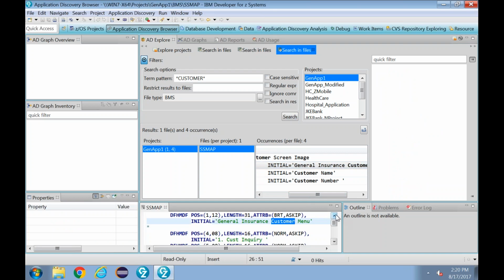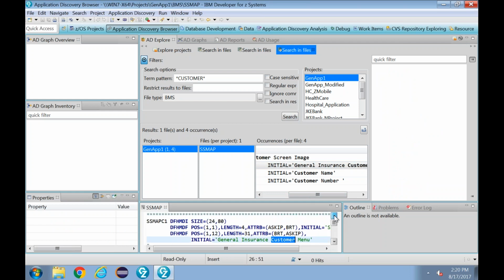The first thing itself says, yes, it is the customer inquiry and there's a customer menu. So he gets the exact map, or rather the screen, using which the customer inquiry is made. So now Joe has identified that this is a screen which is used for customer inquiry.